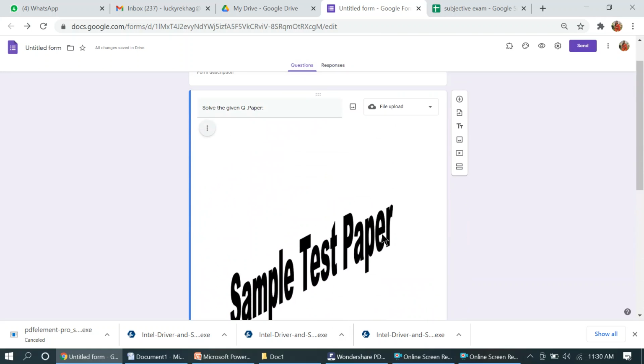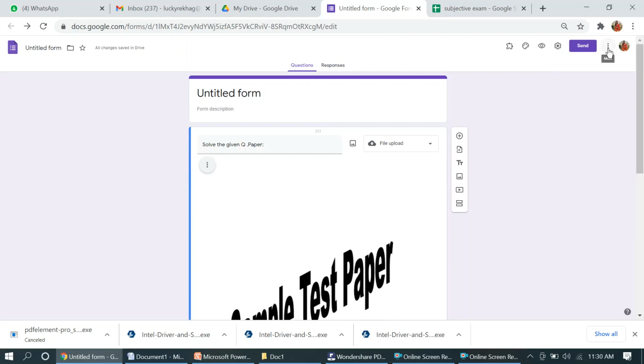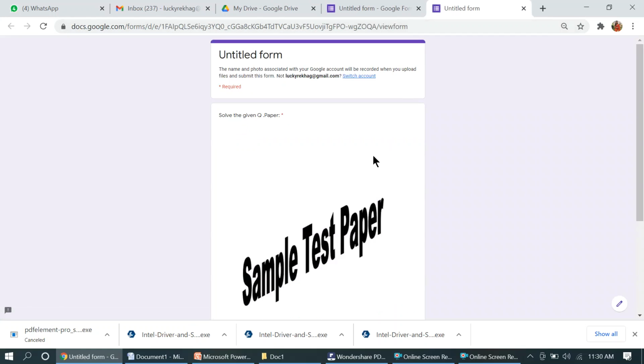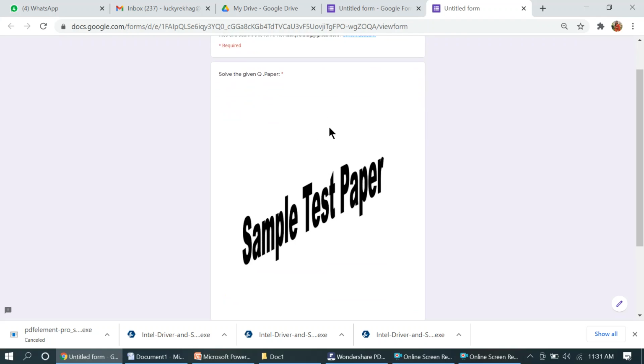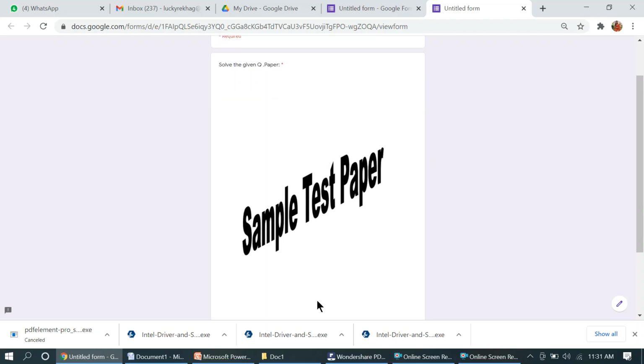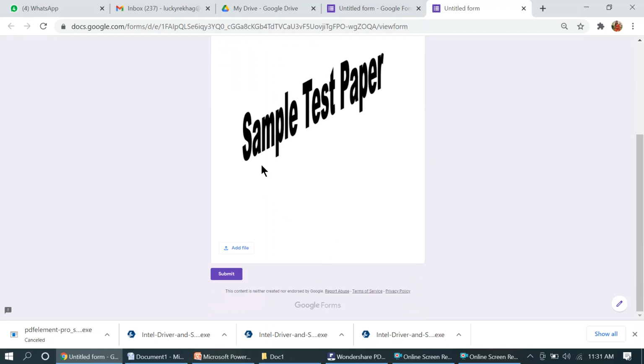Let's preview it. This button is for preview. Click on this button, right? And here in this form your exam will be there. Here the title and all that you can provide, the name of the student, class, roll number, whatever you want, that's up to you. I have guided you regarding how you can provide students your simple question paper, and after solving